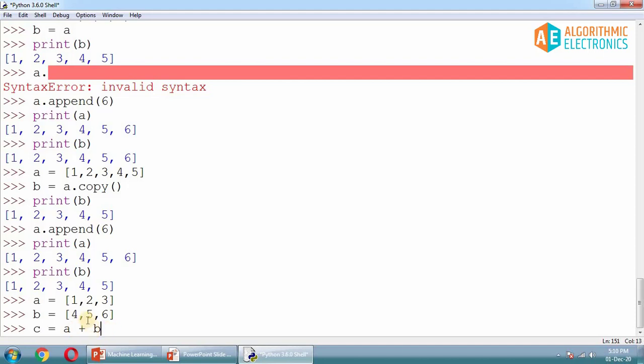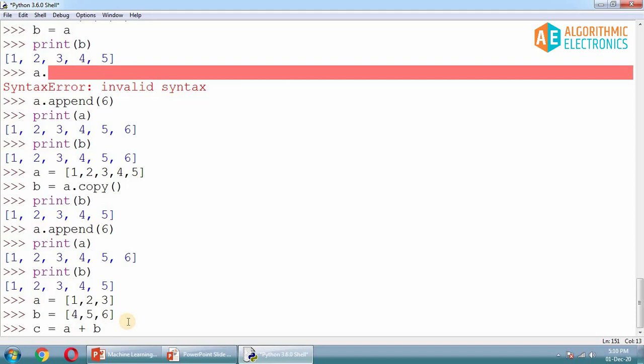If you are expecting that it will add these numbers, so that 1 plus 4 will be 5, and then 7 and then 9, this is not happening here. It is the append or the concatenation operator, or joining operator. It's going to join two lists together.